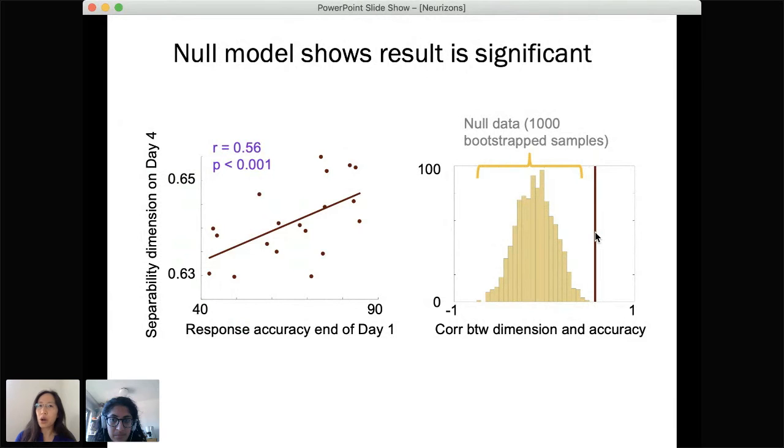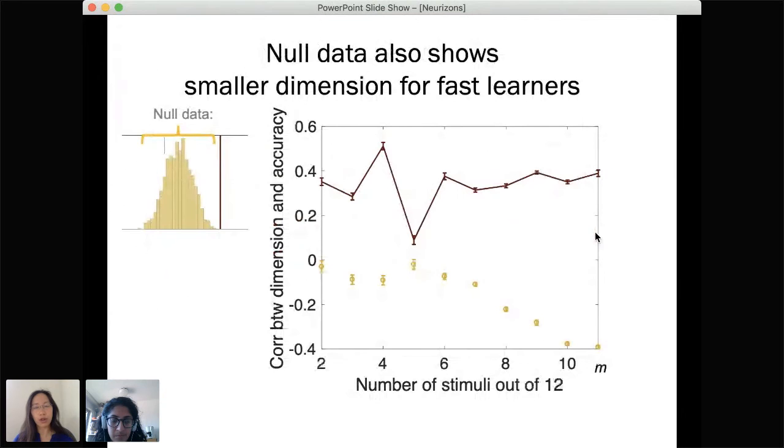However, what was interesting was that when we looked at this null model some more, we actually found some interesting structure. This is the result that I had told you before from the true data, in which we found a positive correlation between the performance of our participants and the neural dimension. Essentially, the participants who learned the fastest had a larger dimension of the task responses data. We thought that the null model shouldn't contain any information, so it should be around 0. But instead, the null model showed the opposite. It showed a negative correlation.